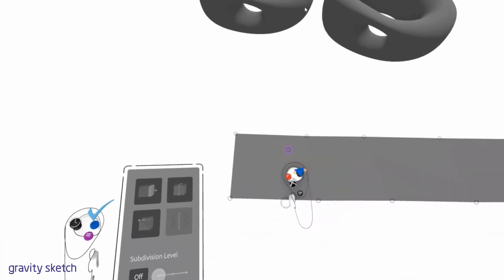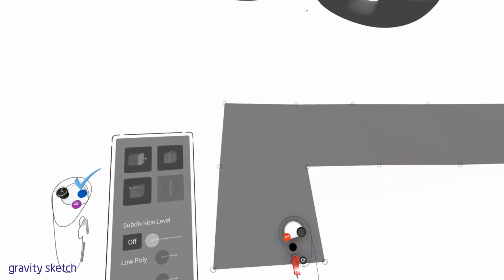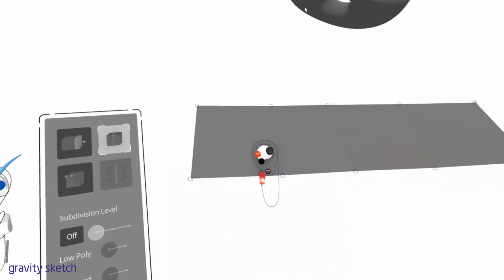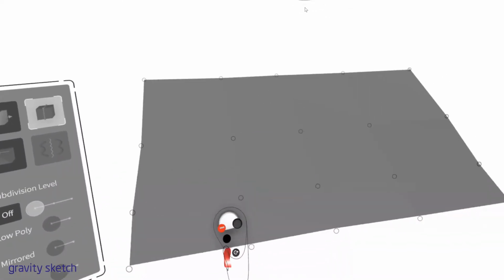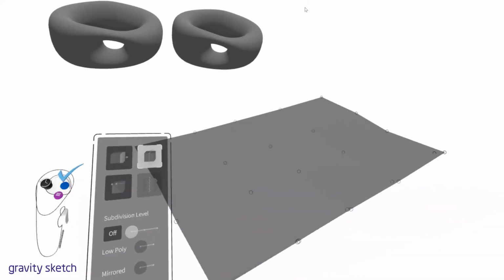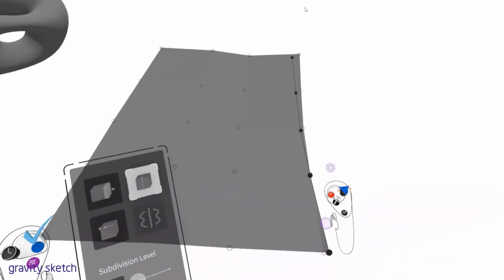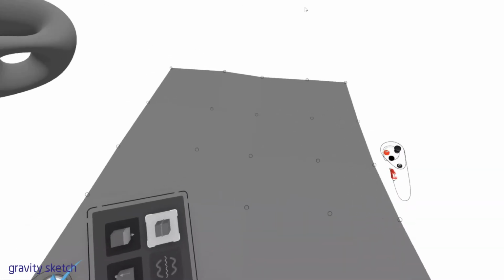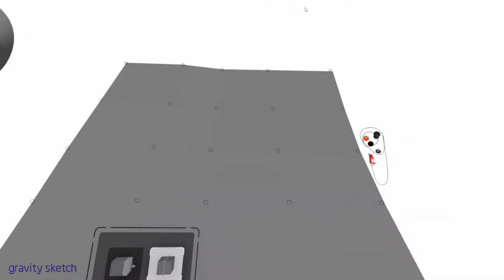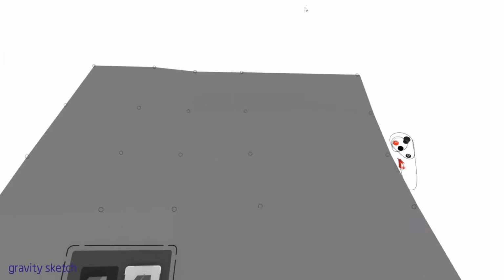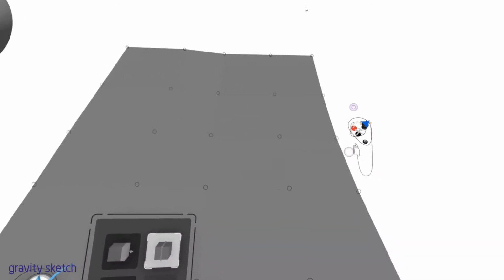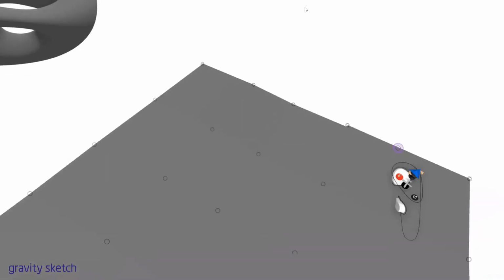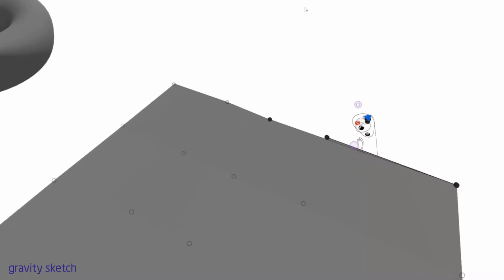And if I want to add one edge, I can do that, but I'm going to undo. If I add the auto select loop, you can see now I can add more edges. I can move this around, and it seems that I'm making multiple edges as I do this. So I can pull that. I think my battery's also starting to die. And so what we can begin to do here